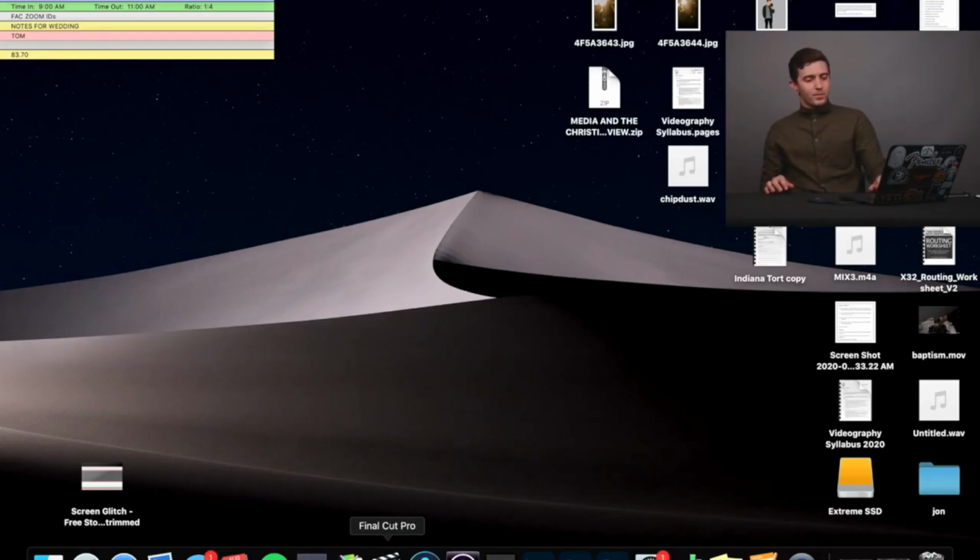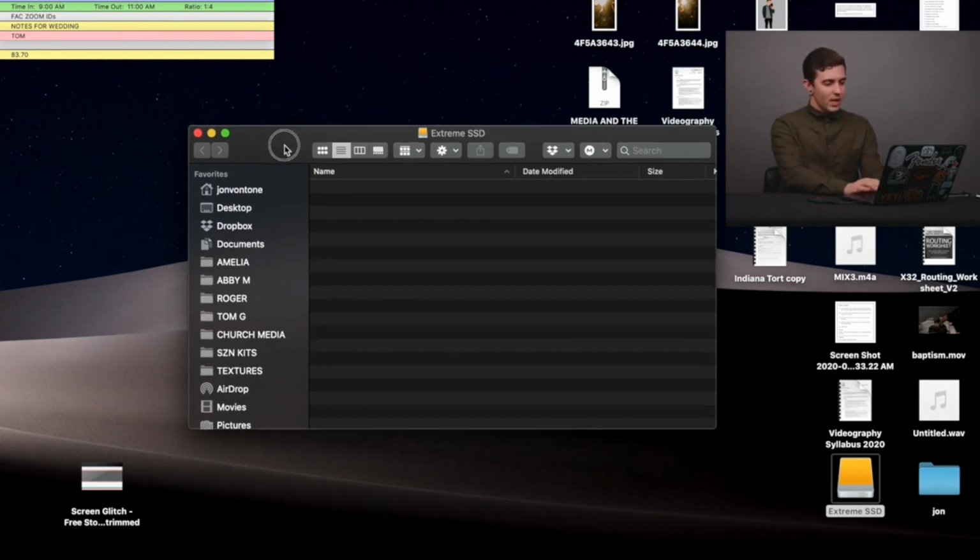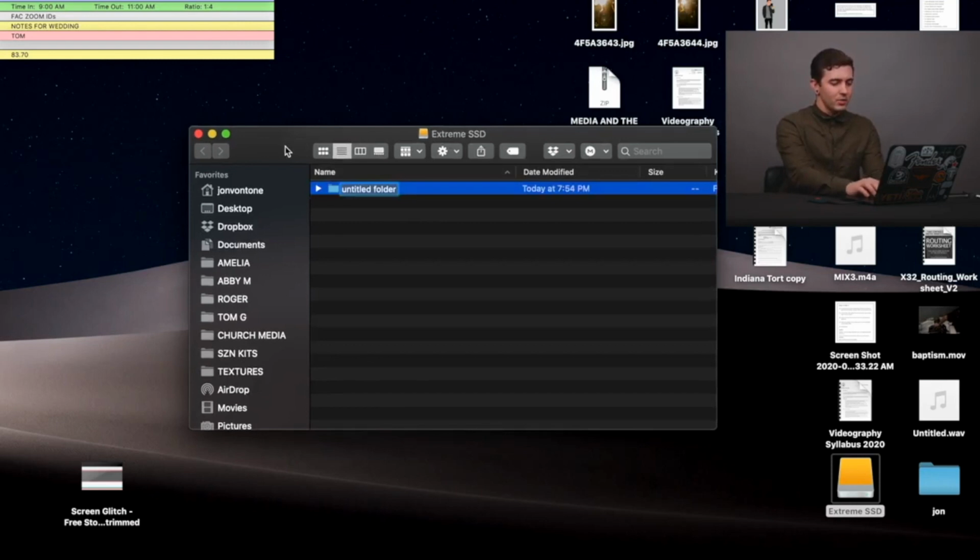So now I have my hard drive, right? So we could do one of two things first. We could either create our Final Cut library, or we could create our filing system. And usually I create the filing system first because I usually shoot first, and then I start the project. So what I'll do is I'll go into my hard drive like this, and then for you guys, what I would do is start out by